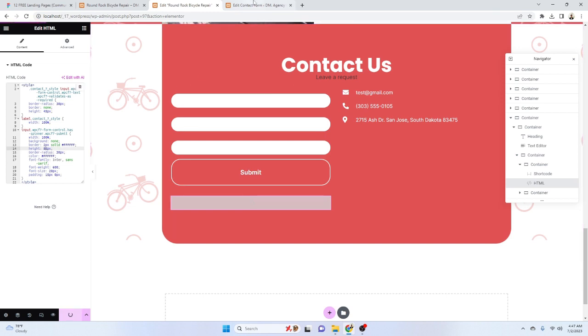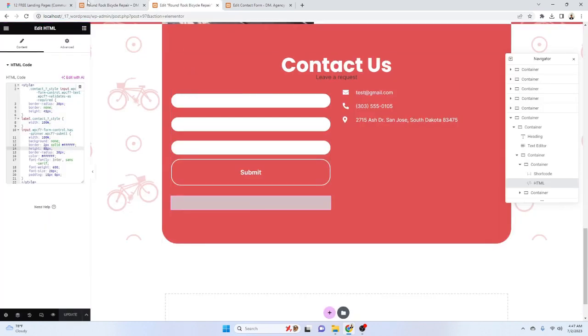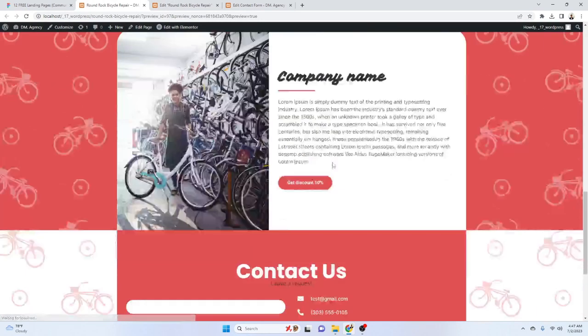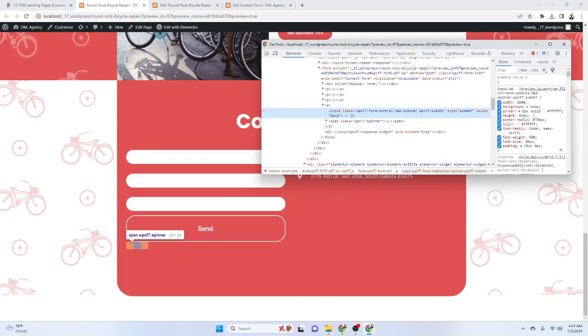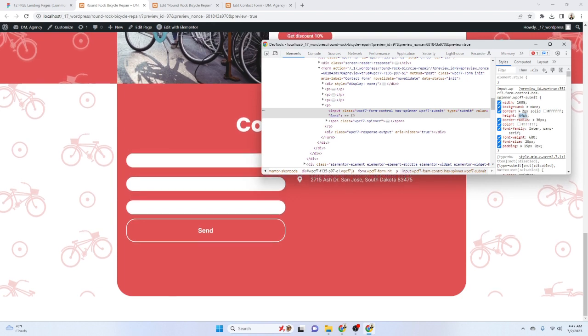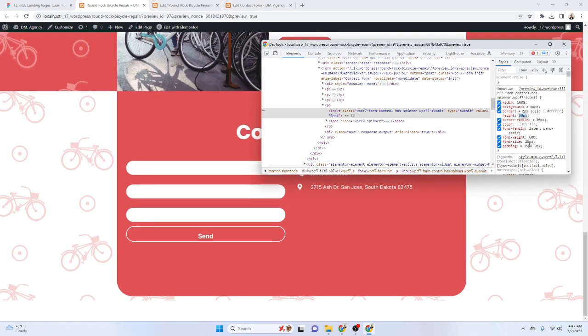Let's update that one and fix that one here. It's updated and reload that one, and the font size will be a little bit lower. Let's make that one 50, and padding will be a little bit lower,